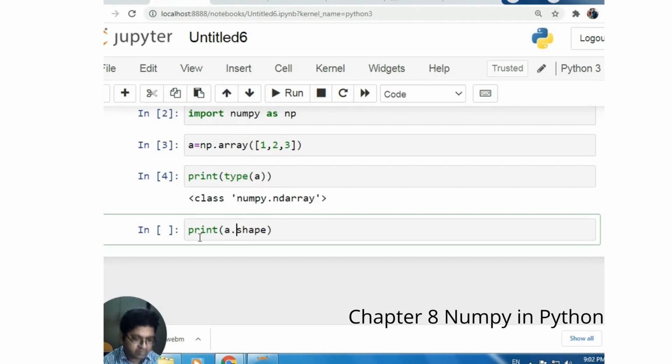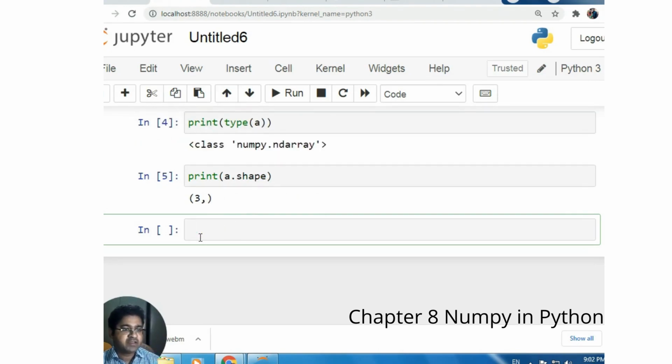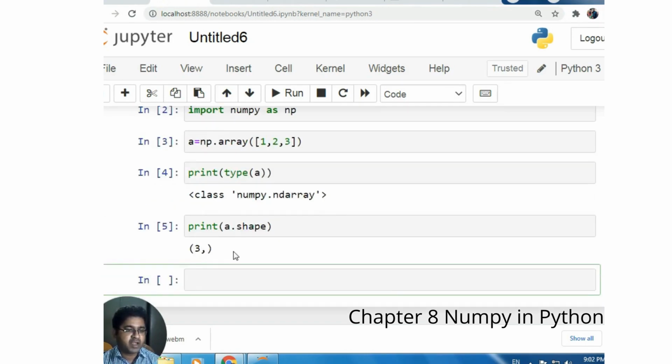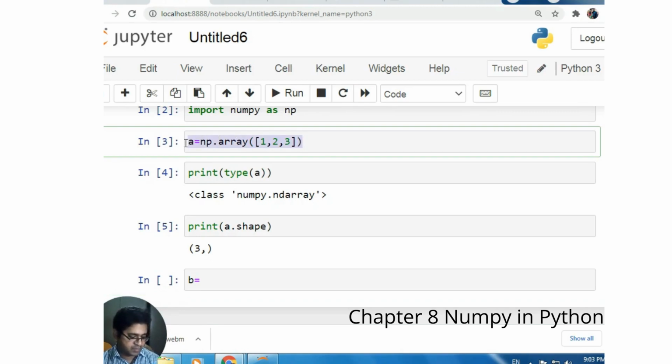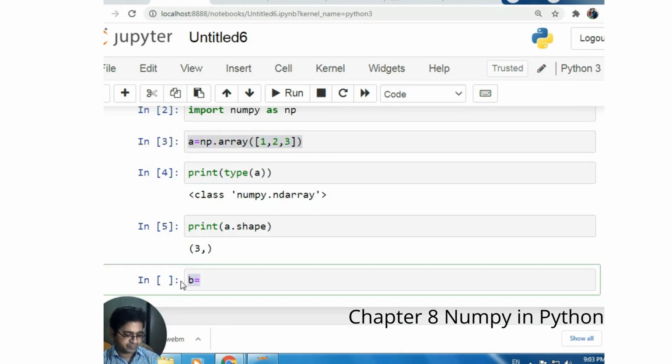So what is the type of this array? It is going to be an ndarray, an n-dimensional array. What is the shape of it? That means, what is the number of rows and the number of columns we are going to have? So first is 3 rows, and it is going to define no column here, leaving it blank. Therefore, in order to pop up the second value, we must have the rows and columns every time.